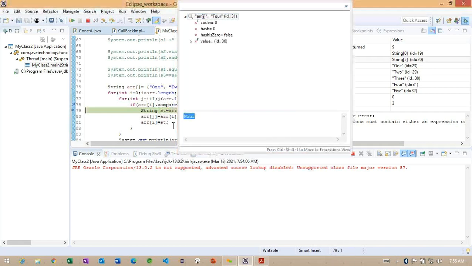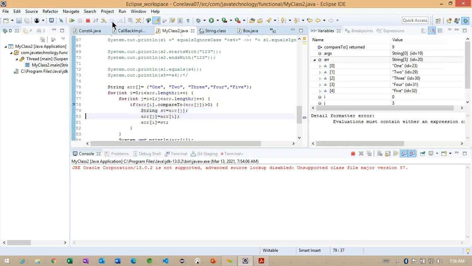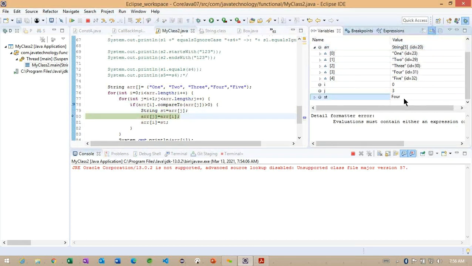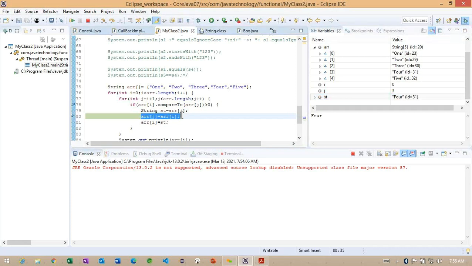Something called 4. Now we are making it into st. You can observe one more object, something called st, here. After this, what am I doing? This line is very important. Carefully observe here: the 4 is going to change with 1. Whatever 4 we have in this particular location is going to change with 1.